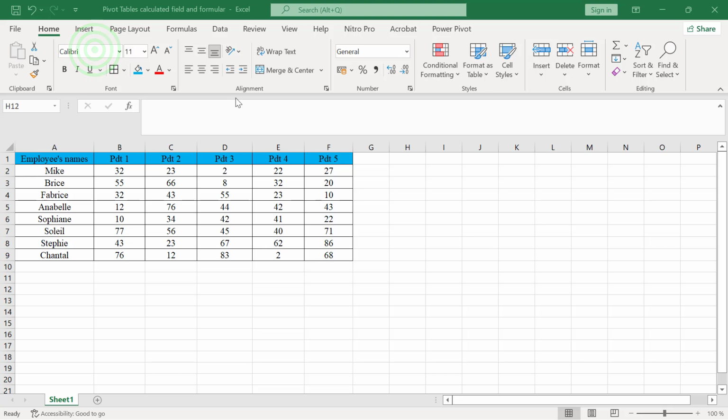So today we are going to see how to use a calculated field and its formula in Excel. Usually we use this function in Excel when we want to use a pivot table. So we're going to first create our pivot table, especially from our predefined table as we have on our